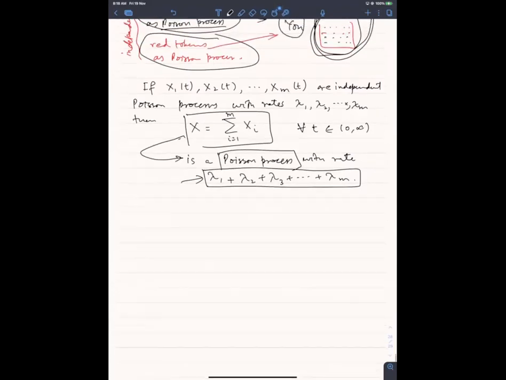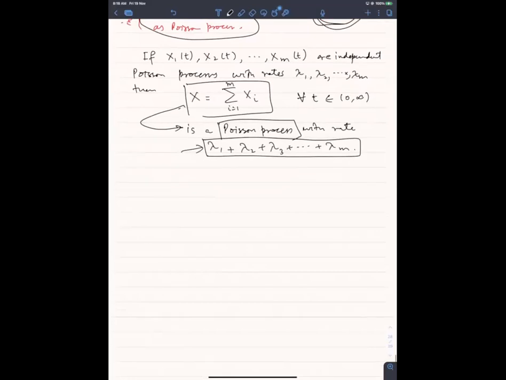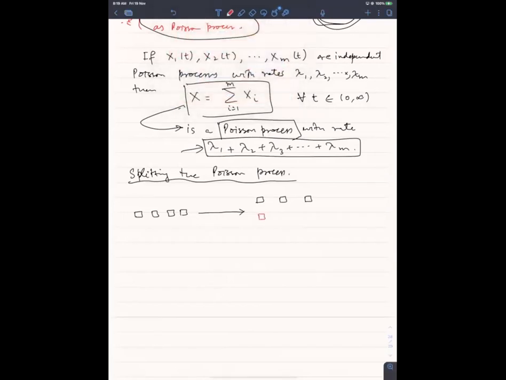Now, if you can merge the Poisson processes, you can split the Poisson processes as well. So splitting the Poisson process. Let's say you are receiving these tokens one after the other. They keep coming, and then randomly some tokens you leave black, and randomly choosing, some tokens you make red. We don't know which tokens were made red and which were left black, but for each